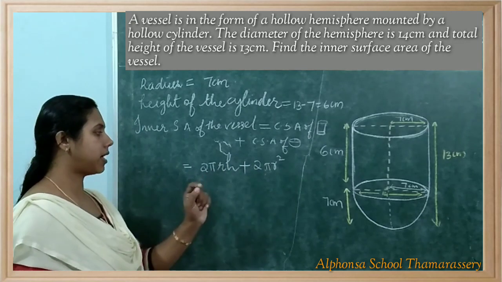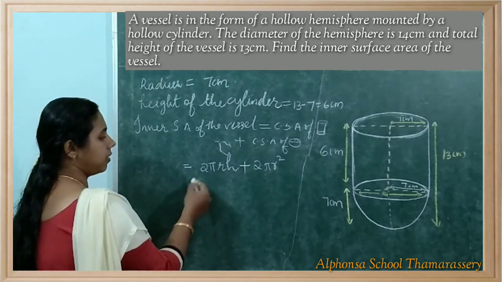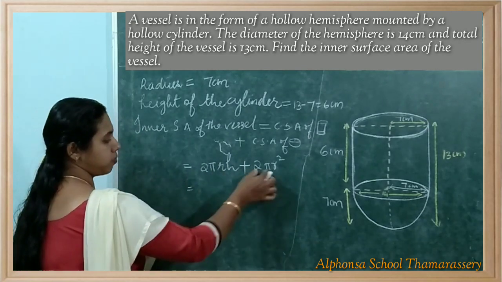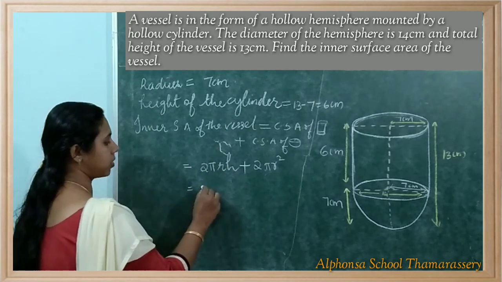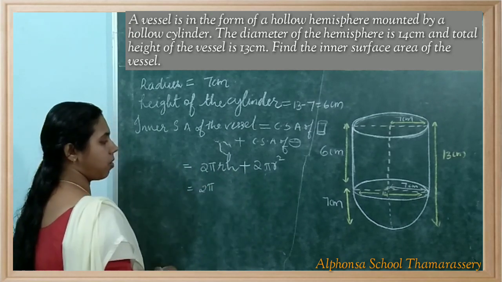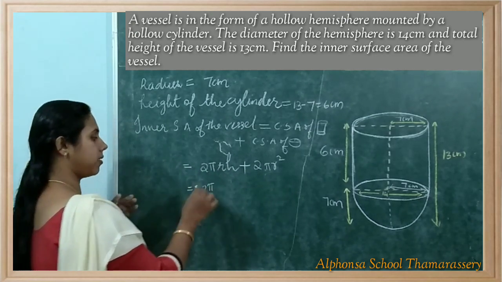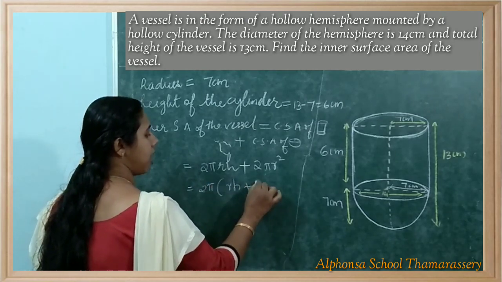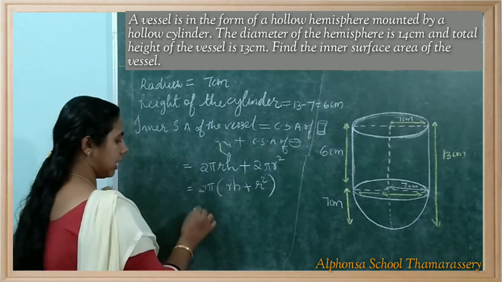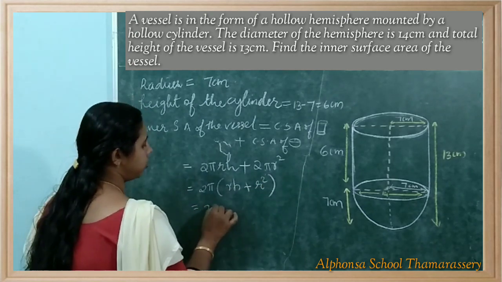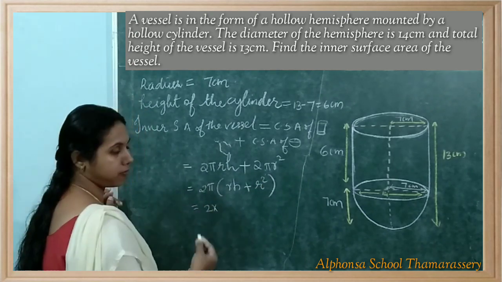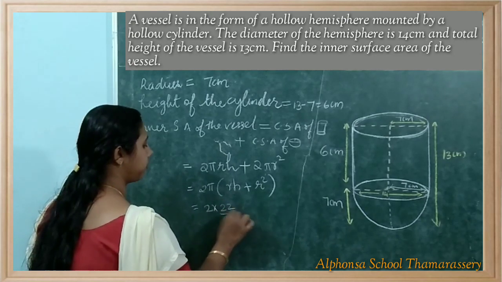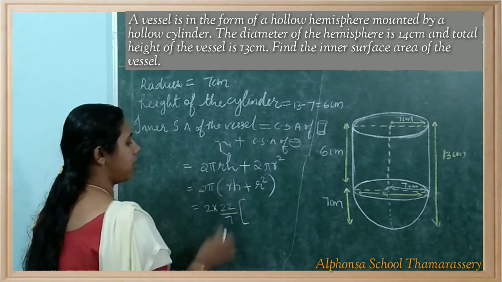Both have the same radius and both terms contain 2 pi, so you can take 2 pi out. 2 and pi are common and r is also common. Now r h plus r square, that is equal to 2 into, you can use 3.14 or 22 by 7,